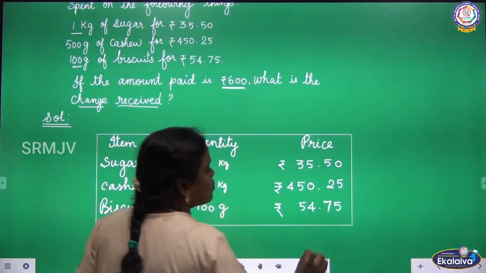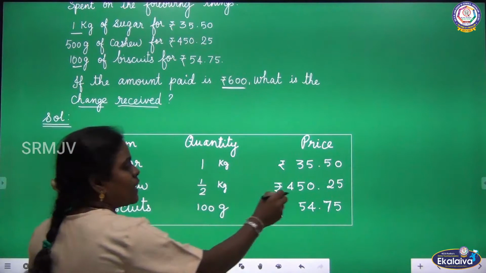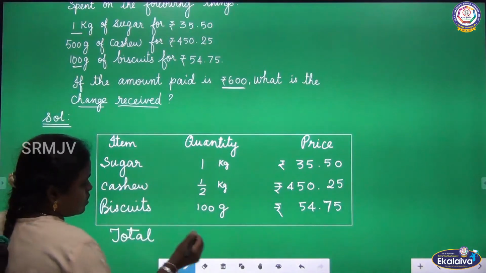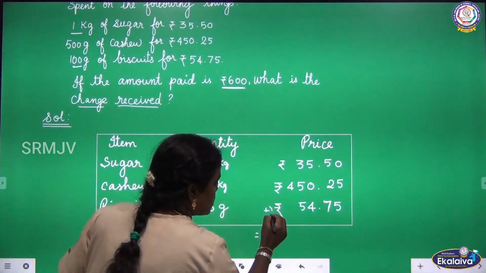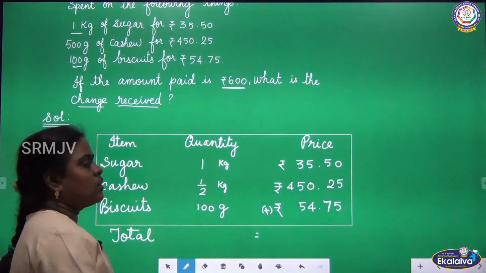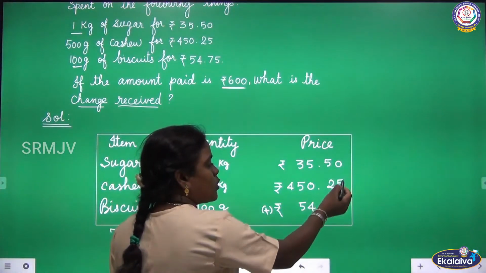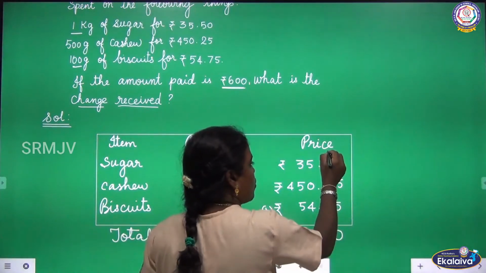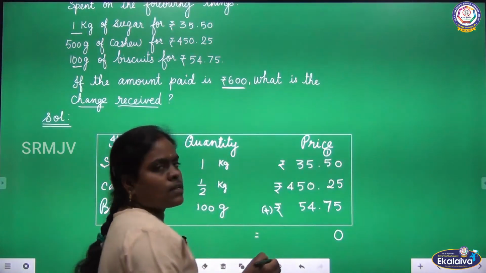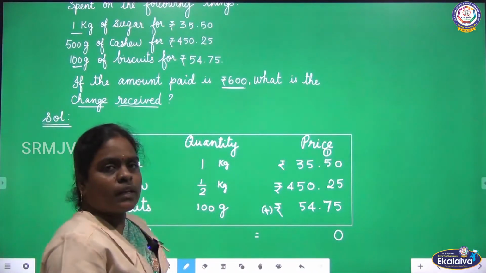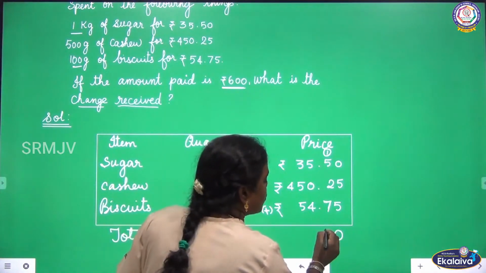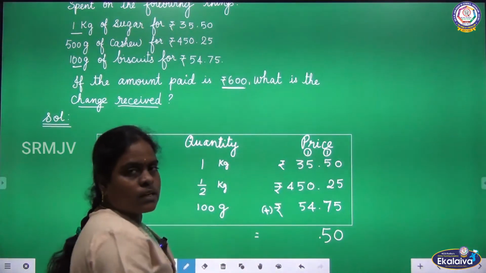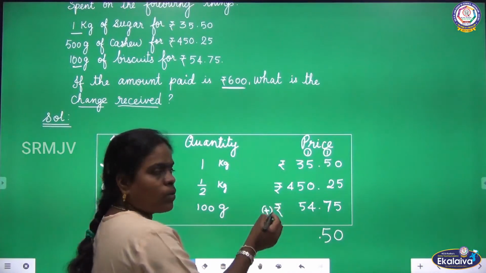So now we are going to find the total amount by adding these amounts. Let us find the total amount. We are going to add these three amounts. So let us add. Look at the paise column. 0 plus 5, it is 5. 5 plus 5, 10. So 0, 1 carry over. 5 plus 1, 6. 6 plus 2, 8. And 8 plus 7, 15. Write 5 down, 1 carry over. 5 plus 1, 6. 6 plus 0, 6.